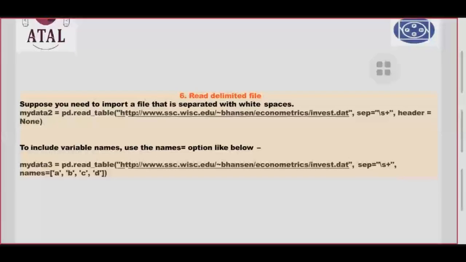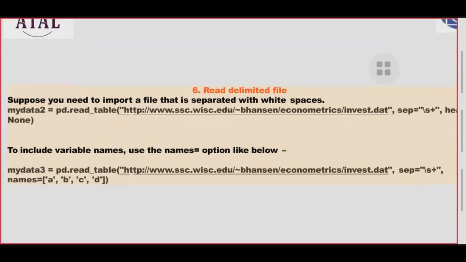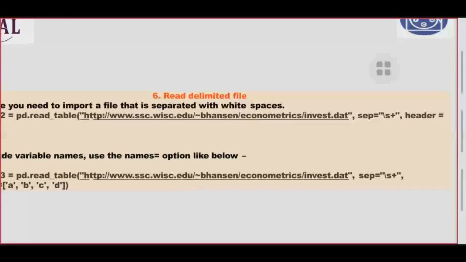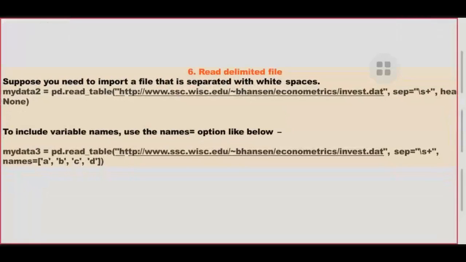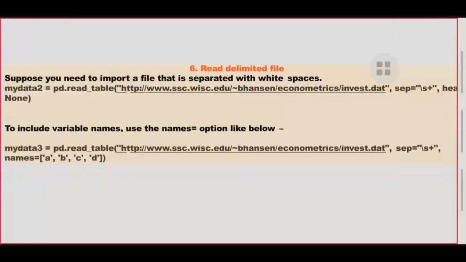Then if you want to read a table, we can read it. For that we have to use sep. sep means we have to separate. Then backslash s means space, so we separate with white space. Here we are using it. See that link, then sep equal to backslash s, header equal to None. Then if the names are something like A, B, C, D, we can also use that from the table.